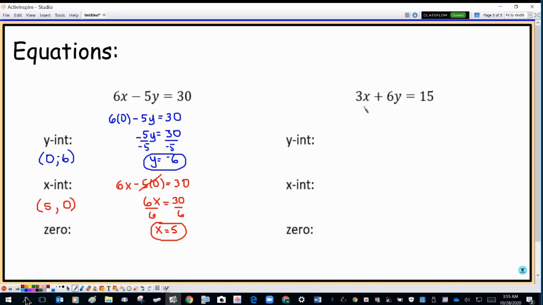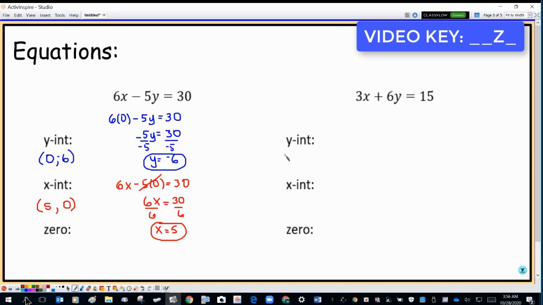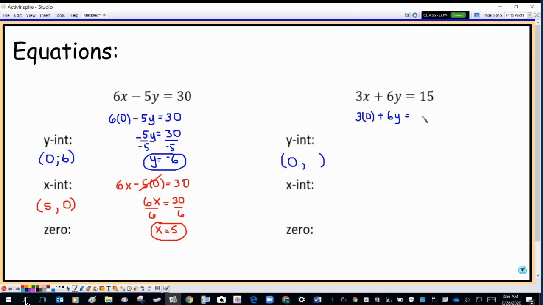Okay, so let's do another example here. For the y value, y-intercept, please remember that the x value is always 0. So that means when you copy the equation, you're going to replace x with 0. And then 3 times 0 is 0, so we cancel that. And we have 6y equals 15. And we divide both sides by 6, and we find